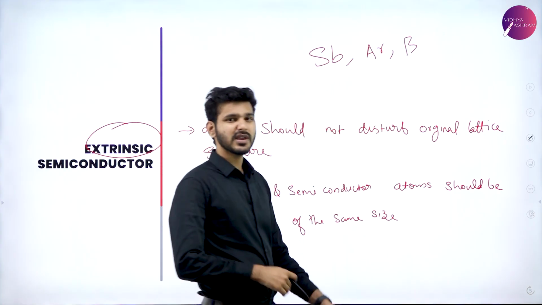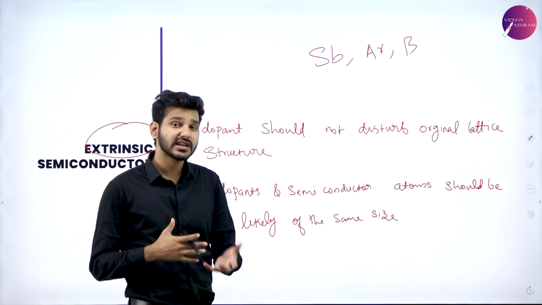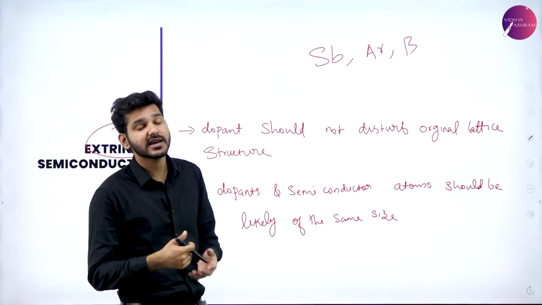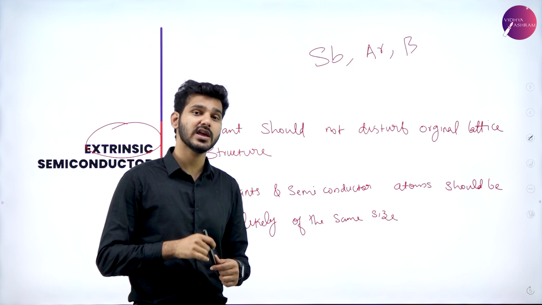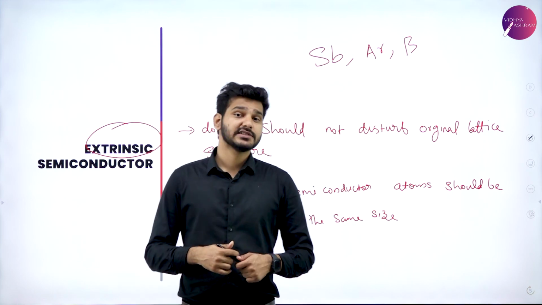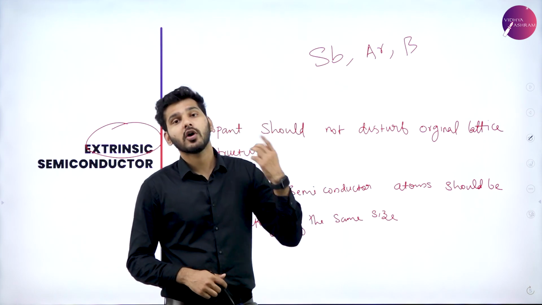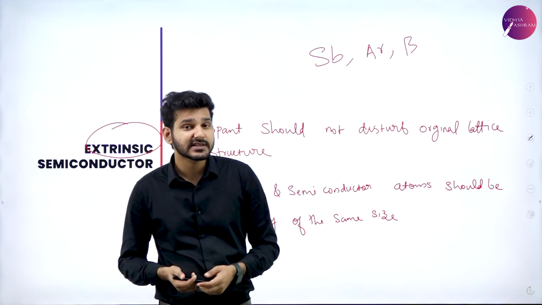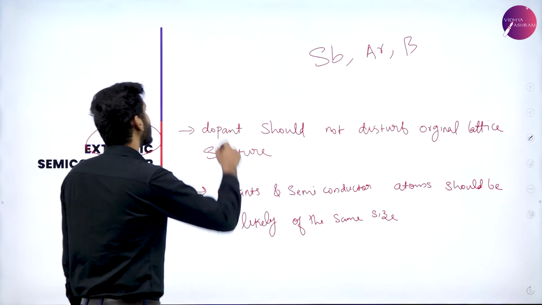We'll be adding different types of materials which are almost the same in size. So that should be observed. And since we are adding fifth group or third group elements,